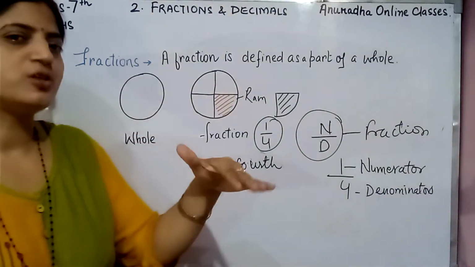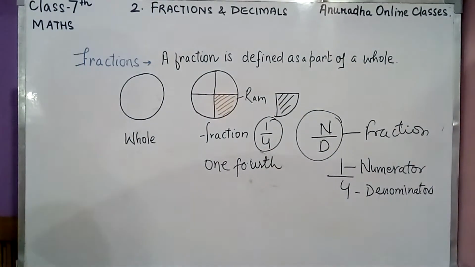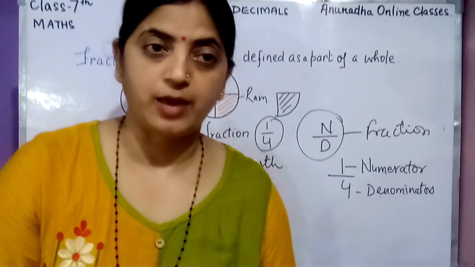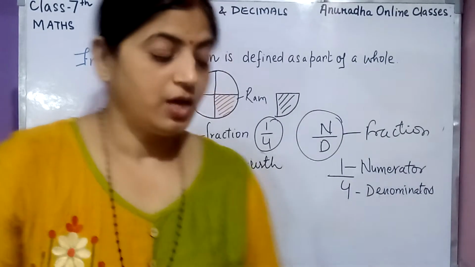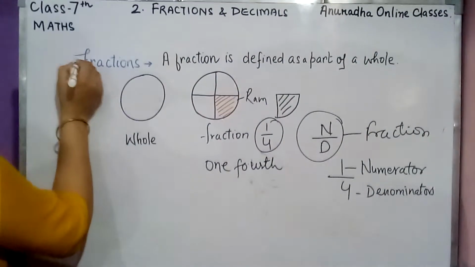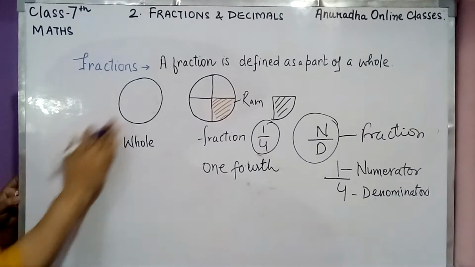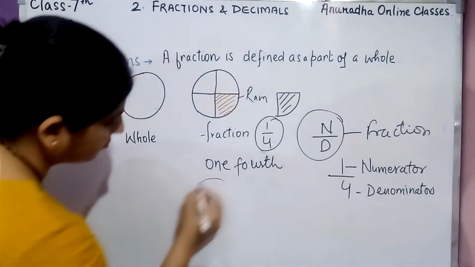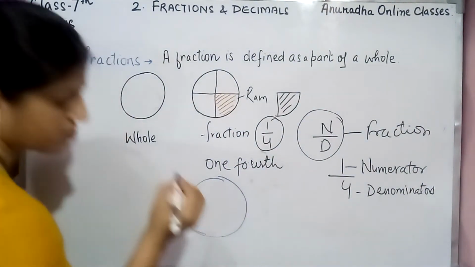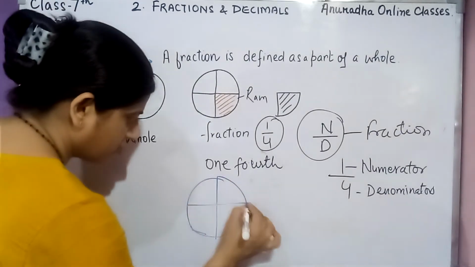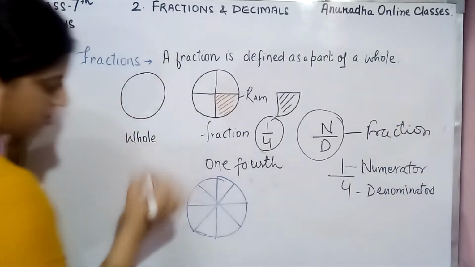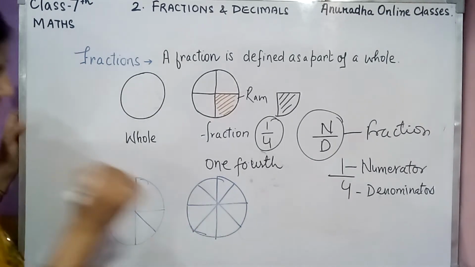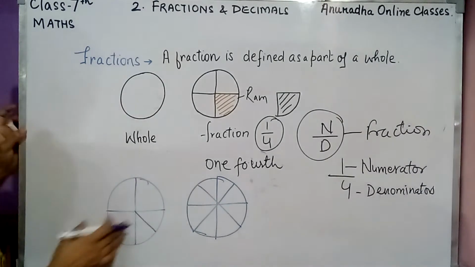But all this you have read in class 6. अब 7th में आपको इसके आगे भी पढ़ना है. See, fractions are of different types. That also you know little bit. See, if I'll say fraction, okay, one more thing in this is all the parts should be equal. Suppose I have made this, right? And 4, 5, 6. Okay, I have made this. This is 4 and then I have done this. So can you write this in fraction?